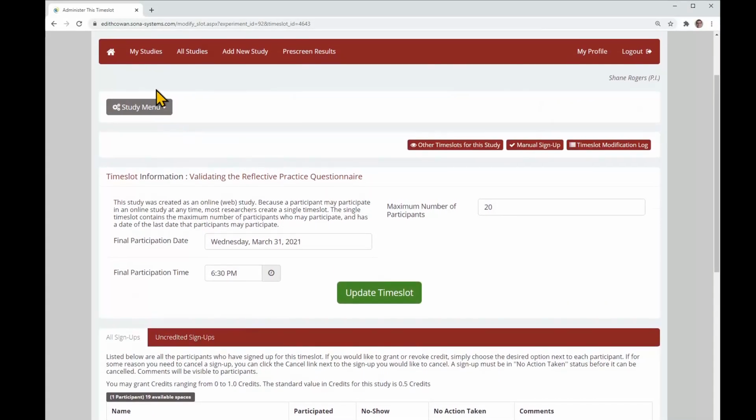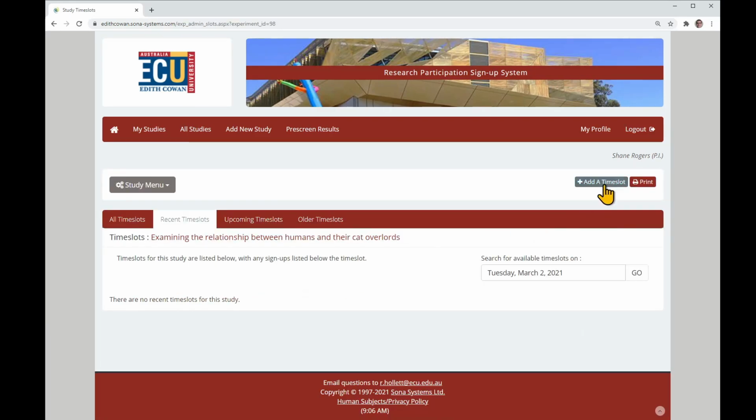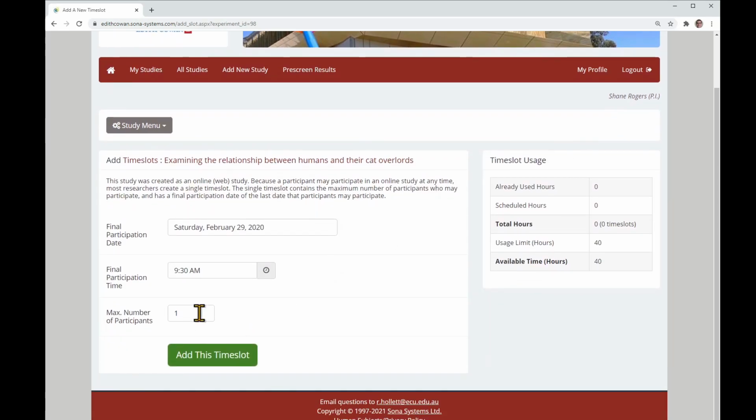If you've got an online study, here's how to set up the time slots. So here's another example of a study; for the purpose of this setup, I'll go to time slots again. For an online study, when you're setting up a time slot, generally it's good to set them up in batches. What does that mean? Well, go to time slots, and for the online studies, what I mean by batches is that